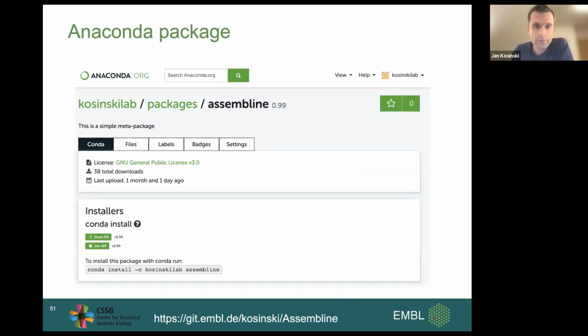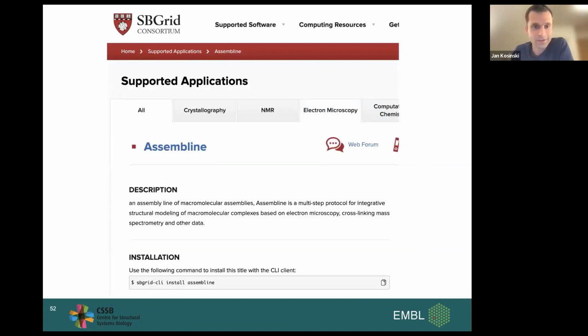We provide an Anaconda package, which you can use to install Assembline within the Anaconda environment. And SBGrid kindly provides Assembline within the SBGrid repository. I must say this page is very nice, including all the citations that you should use, because in addition to citing, which you don't see on this slide, but you can see it